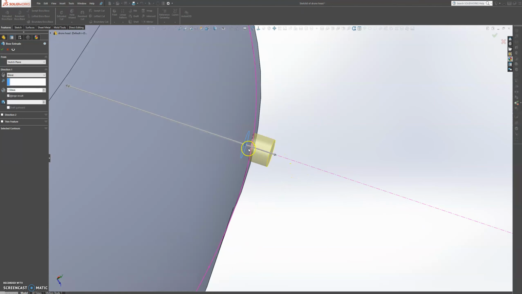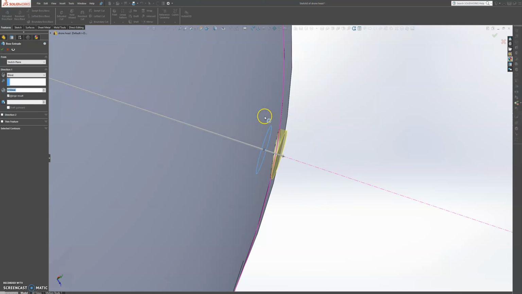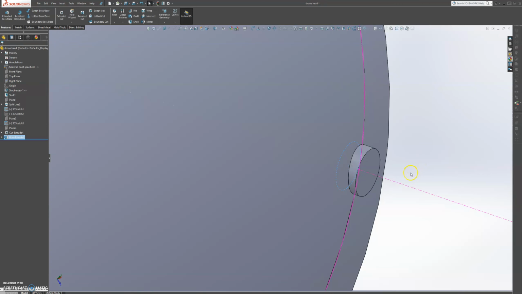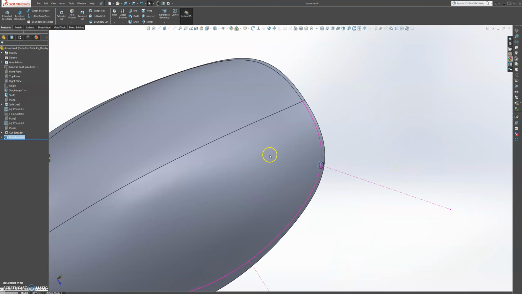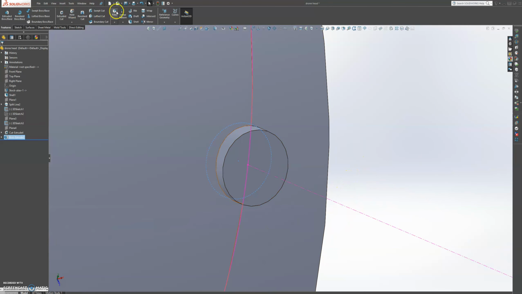Okay, let's make it about 1, maybe 0.5, 0.7. 0.7 might be better. Okay, that's good. And then we're going to add a